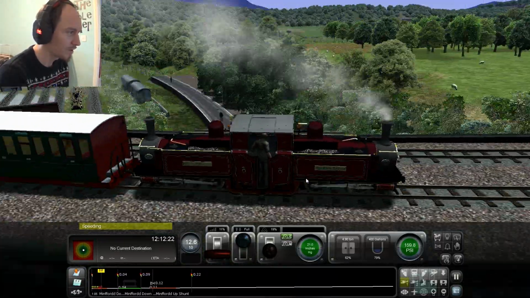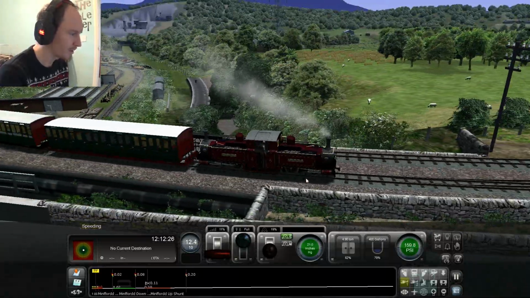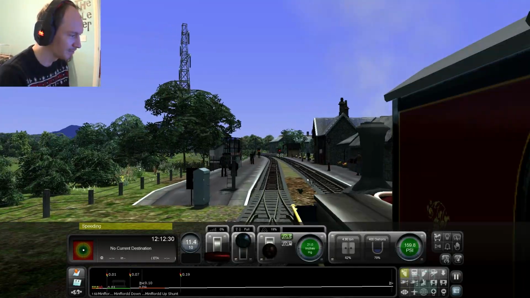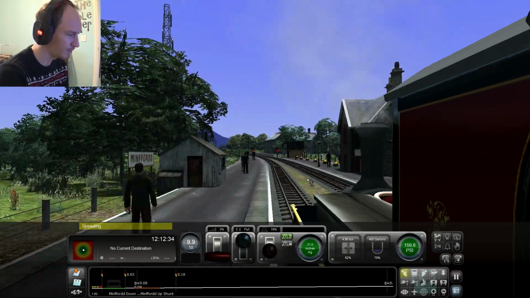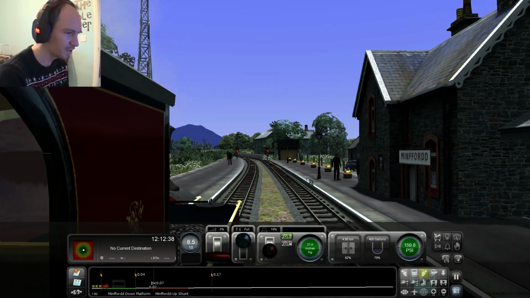As we cross over the BR main line, which apparently has been ripped up. I've obviously not got the exact asset they use for their track, but never mind. 1 in 59, that was a gradient of at one point. As we come slightly speeding into Minffordd, which has got a lovely sort of...